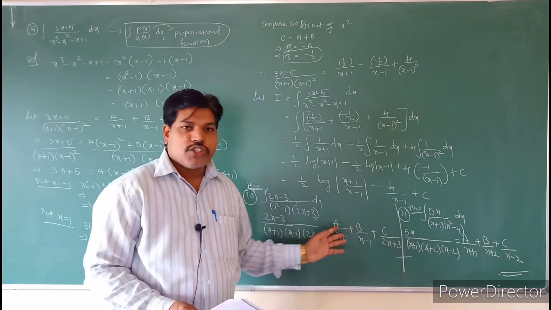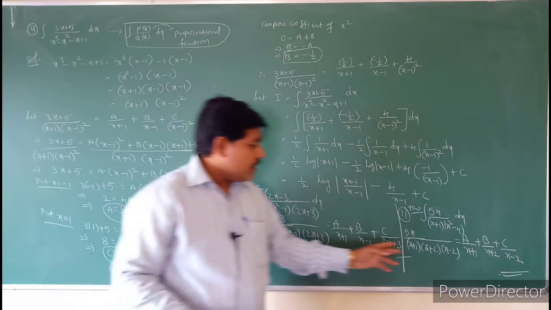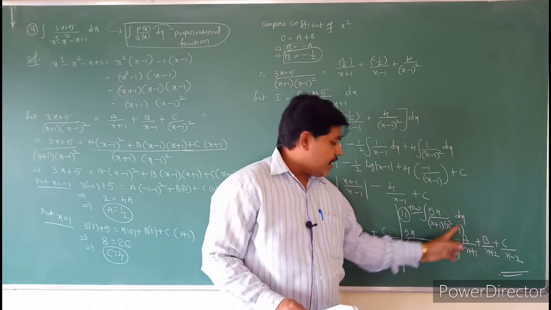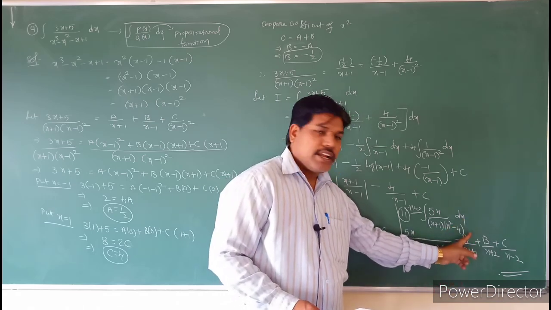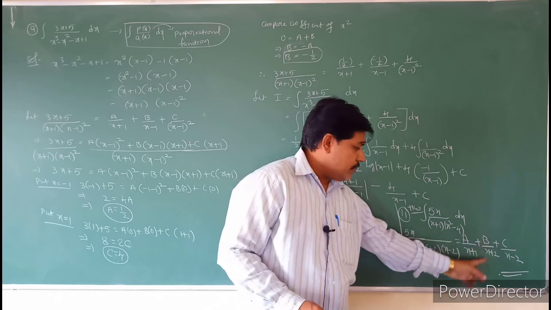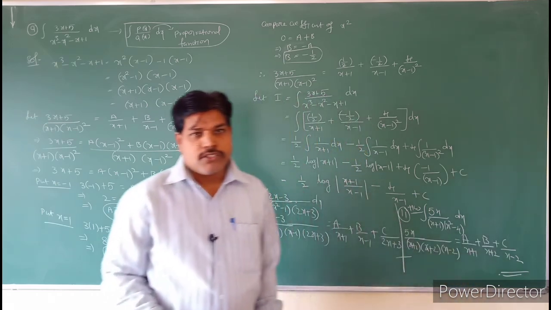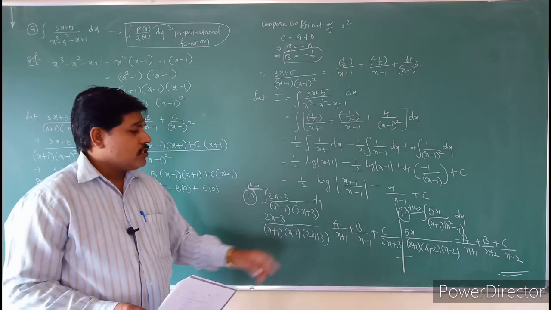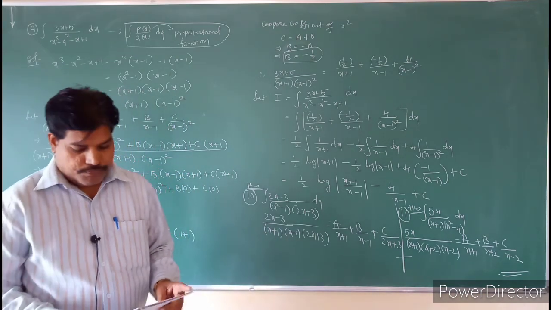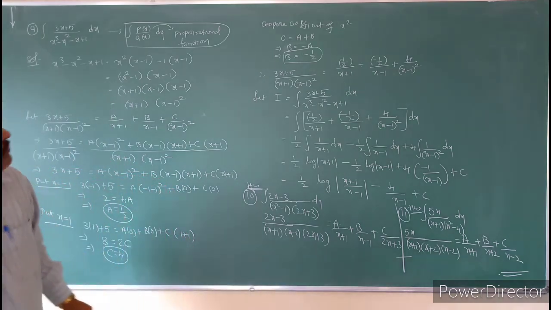Okay, both the questions are same model, students. So here x square minus 4 you can write as x plus 2 into x minus 2. So you can take the partial fractions A by x plus 1 plus b by x plus 2 plus c by x minus 2. Then you can calculate the problem. Okay, so try these two questions 10 and 11. Okay, so see the next question.